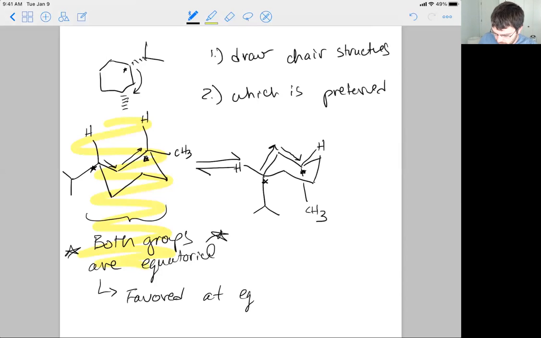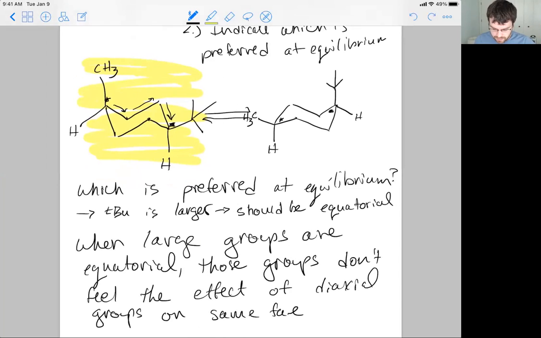So you might be thinking now, oh, well, yeah, if you've got a big group like an isopropyl or a tert-butyl and a methyl group, let's put them both equatorial. Well, I couldn't in the previous example. I'm going to zip back to the previous example. Okay, so in the previous example, I can't just put the CH3 equatorial, which would certainly minimize the structure. Why is that? Well, if I put the CH3 equatorial, I would have to be swapping, and I'm going to delete this double-headed arrow in a second, I would be swapping those two positions around. And if I do that,